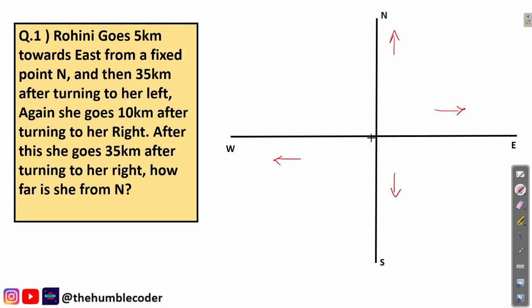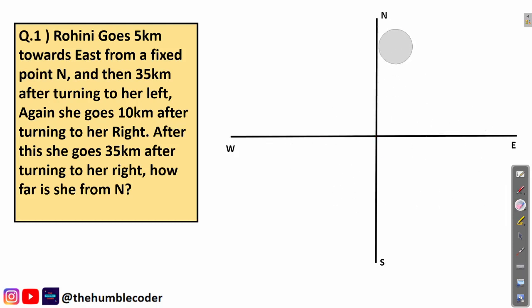Now whenever we are given a question, we need to start from a point in the middle, right? This is the point from where we will start. Now the second thing is, if it is given that a person walks 20 kilometers in the north, we will move in this direction. If a person walks 50 kilometers in the east direction, we will walk in this direction. Similarly, if a person walks 10 kilometers in the south direction, we will walk in this direction, and similar is the case with the west direction. Okay, so clear with this.